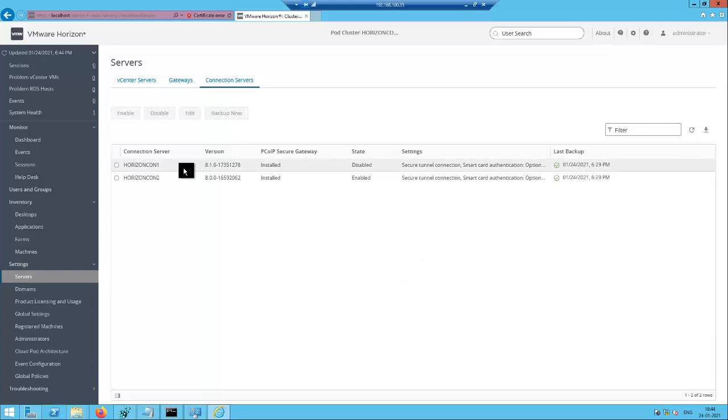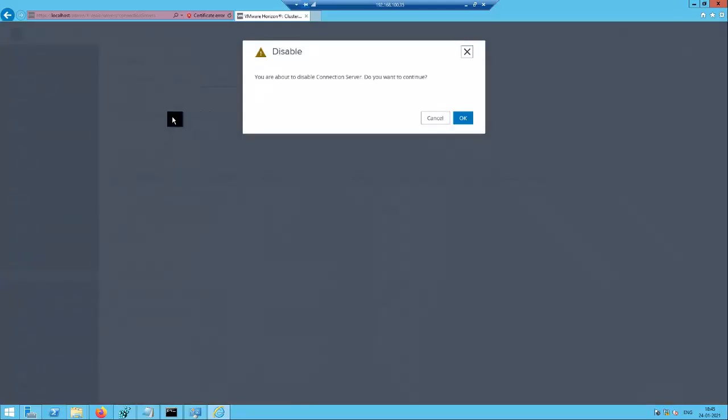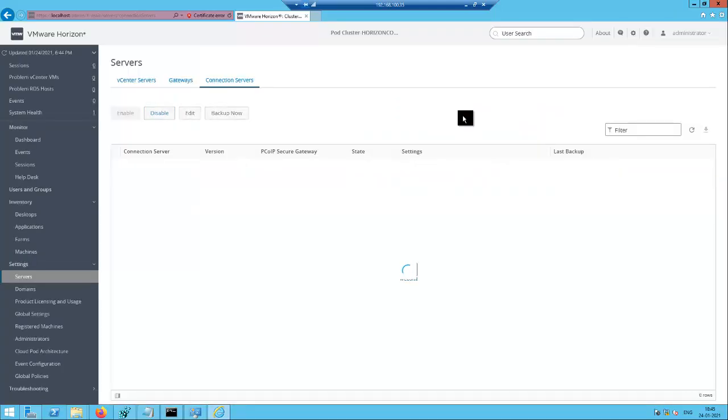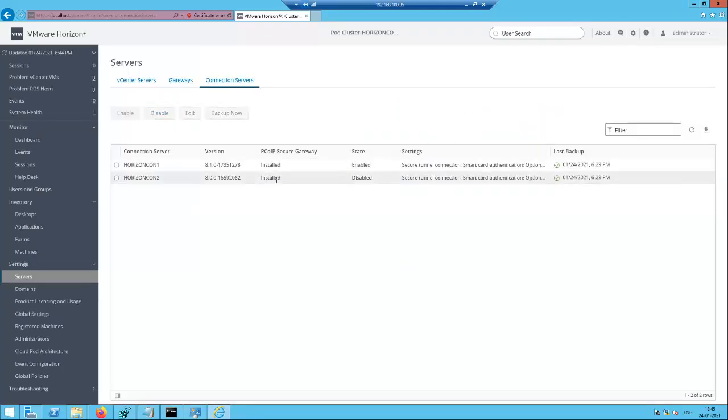Now we can disable connection server 2. So now connection server 2 is in a disabled state. Now we can proceed with the upgrade.